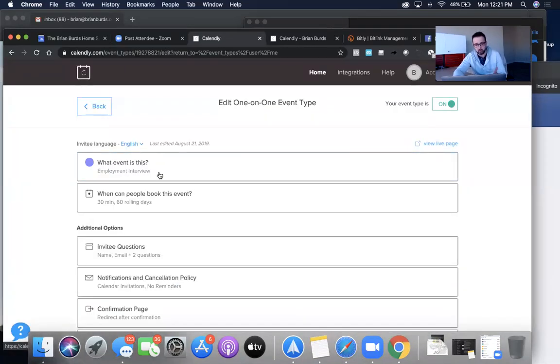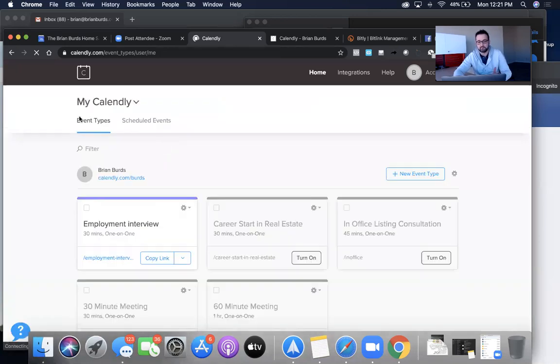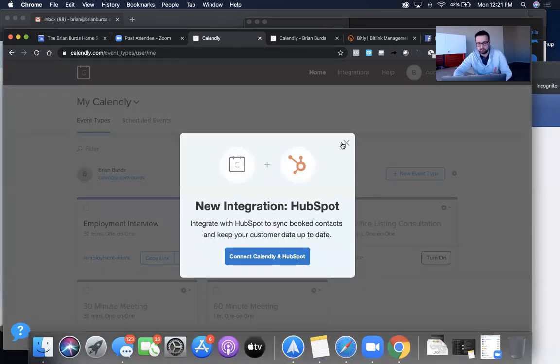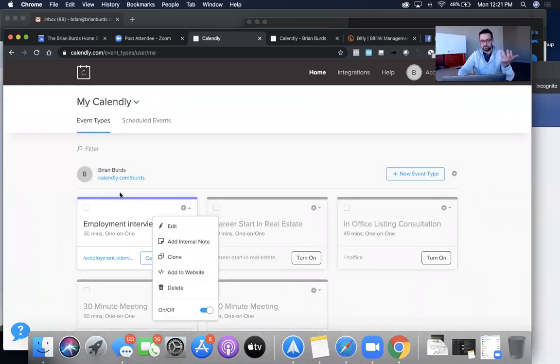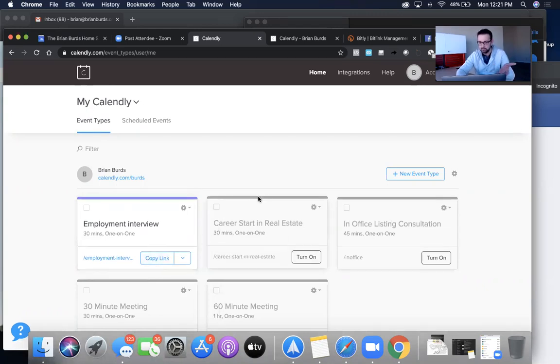Okay, so if I go back, I can edit this button. Okay, and I would just copy or add to website. You can do a lot of different things, or you can just copy the link here. You can also copy the main page. Now, on top of that, if you'll notice, mine is